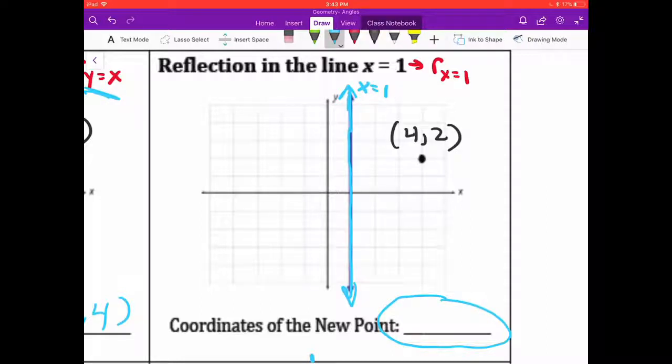So since it's a reflection, it's going to be the same amount of space on both sides. So we're going to count to the line, 1, 2, 3 spaces, and then we're going to count those same 3 spaces after the line. That is going to be the location of your new point. So in order to find out your new coordinates, you have to count. So the new coordinates are going to be -2, +2. There's no real formula that we use for this. When you get one of these questions, you really just need to graph it out, and that's the easiest and fastest